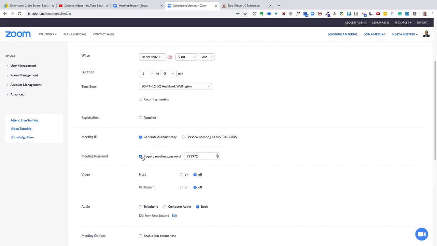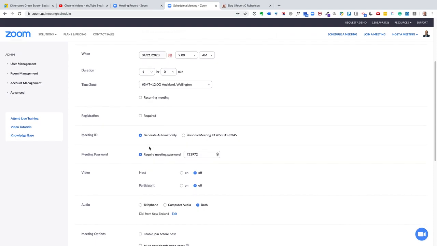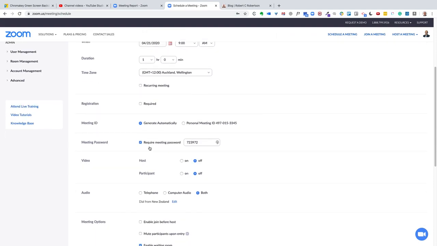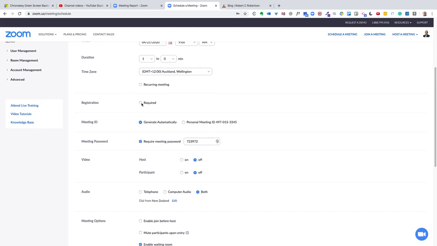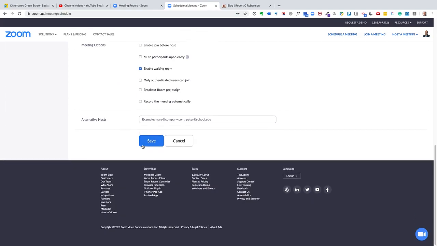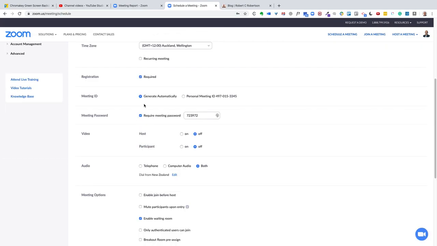And of course now the required meeting password is a common one to add extra security. But if we want a specific event, we want to collect email addresses and get people to register so we know who's on, that's where you'd use the registration feature. So if we click the registration, once we save the event, it will create a unique URL here